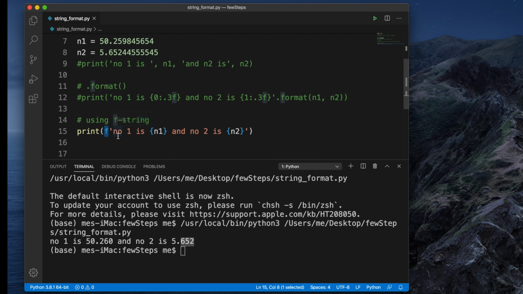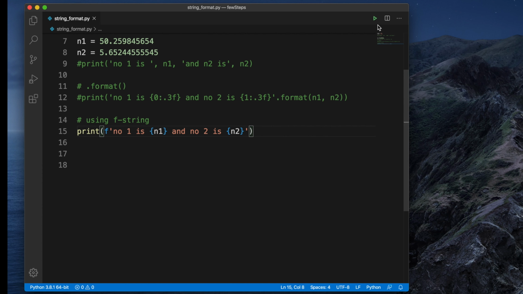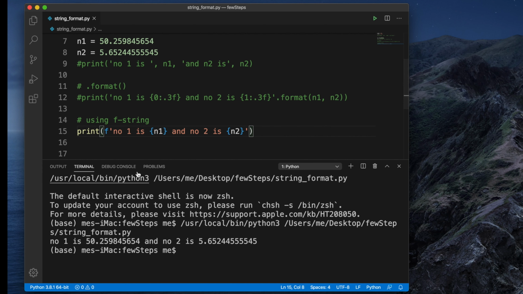But here we are not doing that. We are using f to change the format of this string. If we run this Python script, let's see what output it gives. So let me clean this and run the script again, and after running it we see that it gives me the same output. Number one is 50, we are seeing number 150, and number two is this one.